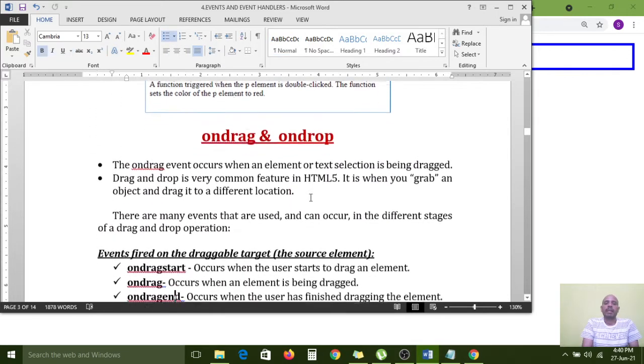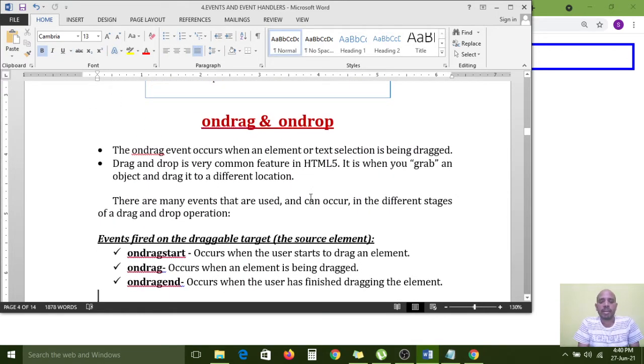And next we have to see drag and drop. The onDrag event occurs when an element or text selection is being dragged. For example, now I am selecting the first line, carefully observe. This is onDrag. When I drop this, when I release the mouse, the onDrop event will occur internally.